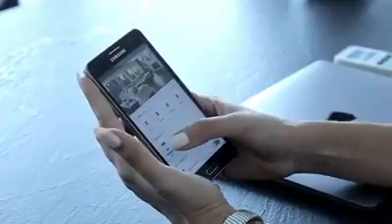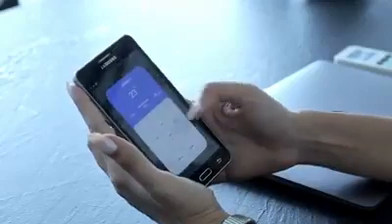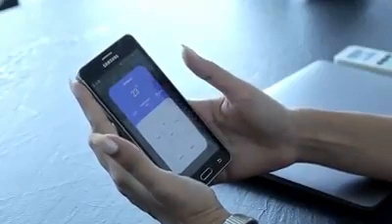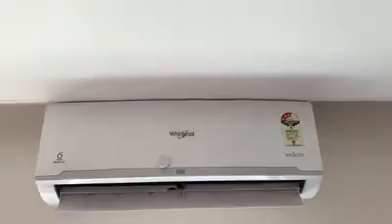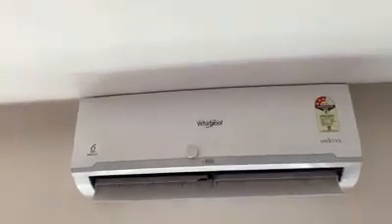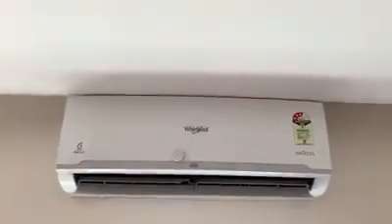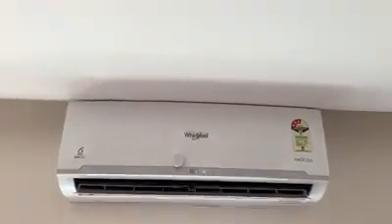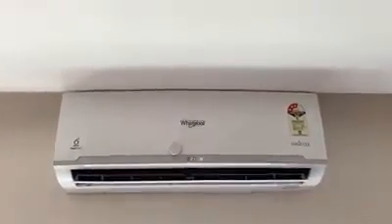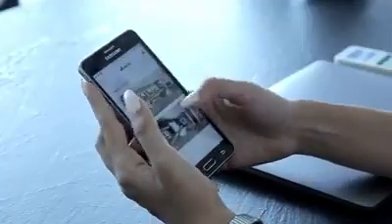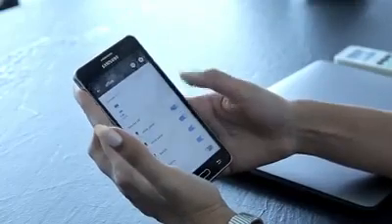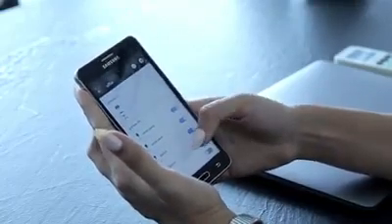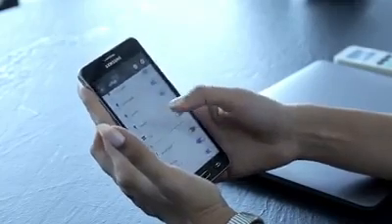I'm going to show you the AC as of now. The remote is really cool. It literally looks like my AC remote. So I've got the fan which I can control, the temperature. I'm going to turn it up right now. You can turn it on, you can turn it off. It's got modes, it's got a swing, everything. And what's amazing is I can also control what the rest of the office is doing. So if somebody has left the AC on, I can turn it off. So I'm saving electricity at the same time. There you go.